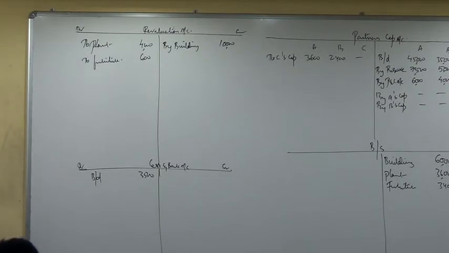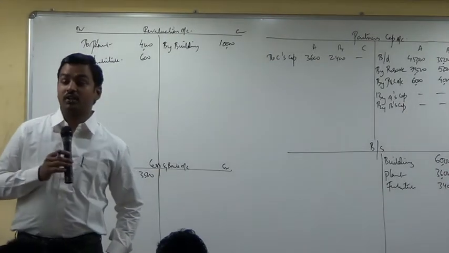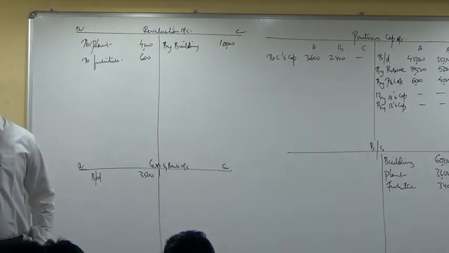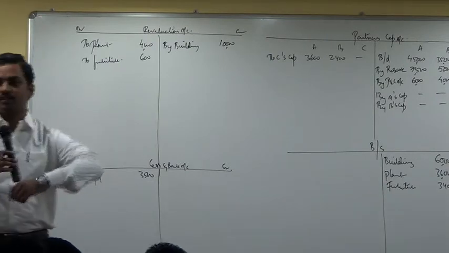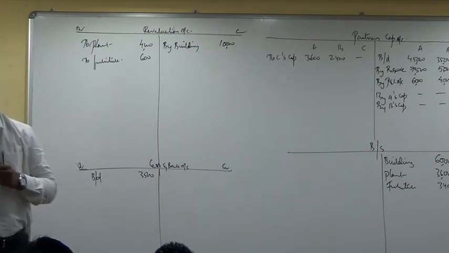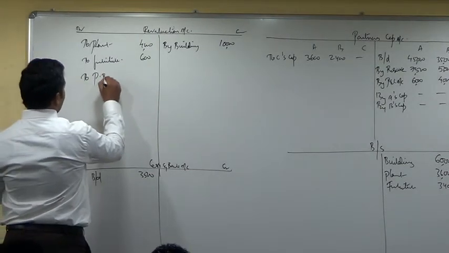Provision is to be made for doubtful debts at 5%. Debtors 30,000 at 5%, how much is it? It is 1,500. So what is the entry you write when you have to provide for bad debts? We don't have a P&L account now. Take the help of the revaluation account. What is the entry passed? Revaluation account to provision for bad debts. How much?